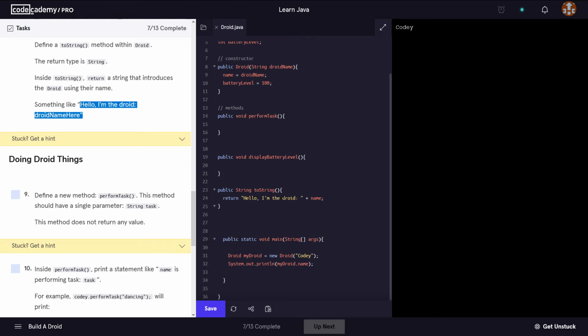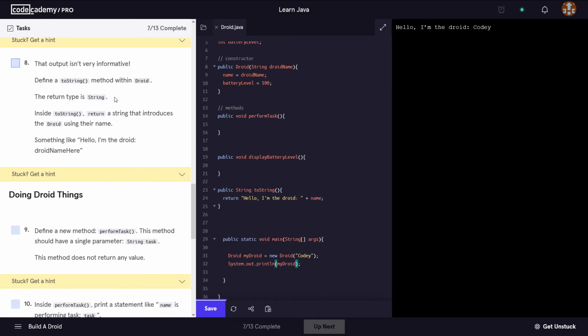to get. And I just realized that actually here on line 32, I am actually printing the name, so therefore that's why we are getting this. But now if we are to print the actual object, so rather than printing the name of the object, to print the object itself, so we're doing this by saying system.out.println my droid. If I'm gonna run this now we're gonna get whatever our task, so task number 8 was instructing us to do. Okay, so